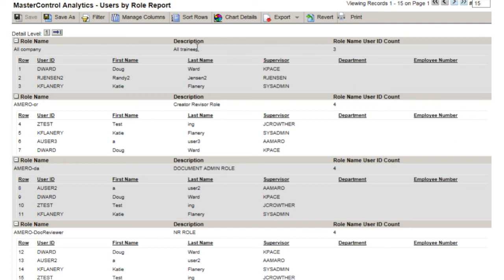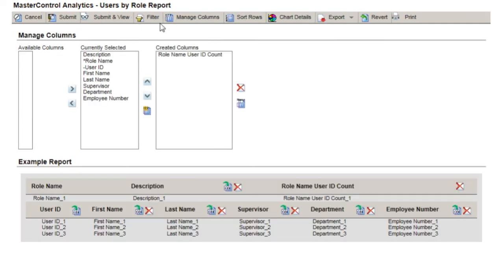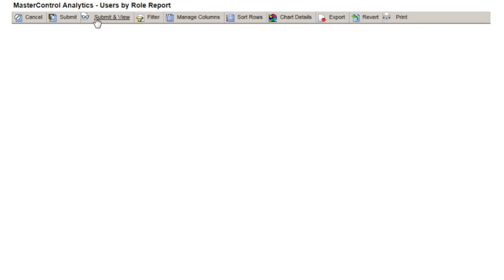So if we go into this report, you could set up a filter. Well, you can set up, obviously, manage your columns, put the ones in that you need. But you can also set up a filter